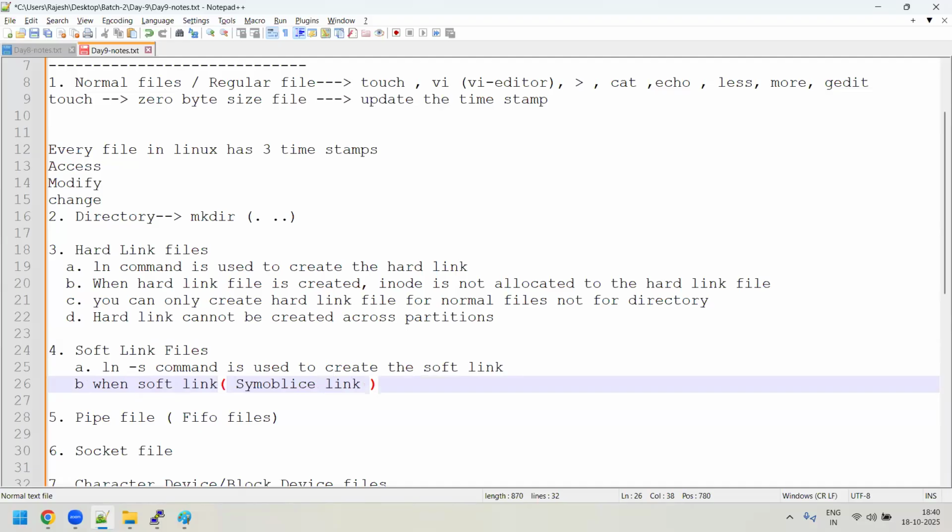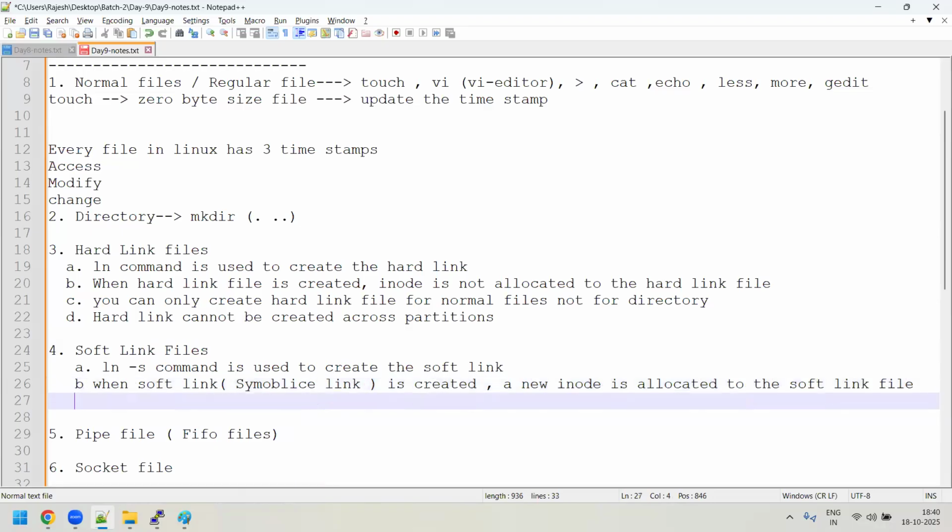When a soft link is created, a new inode is allocated to the soft link file. You can create a soft link both for a normal file as well as a directory, whereas there you cannot create a hard link for directories, but here you can.